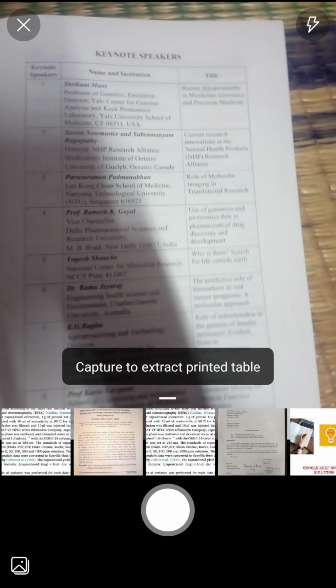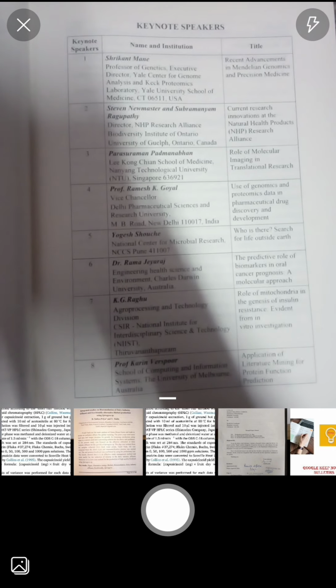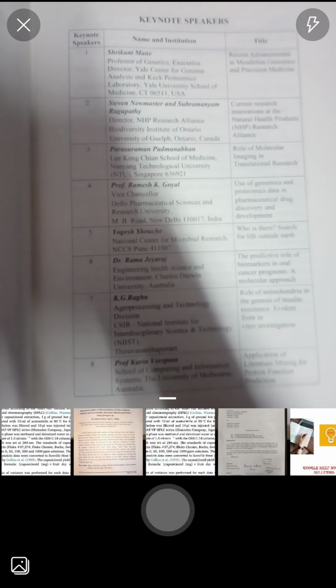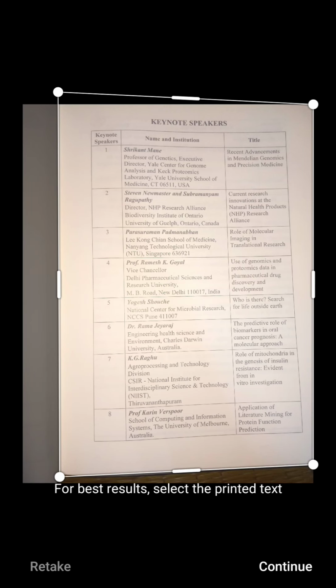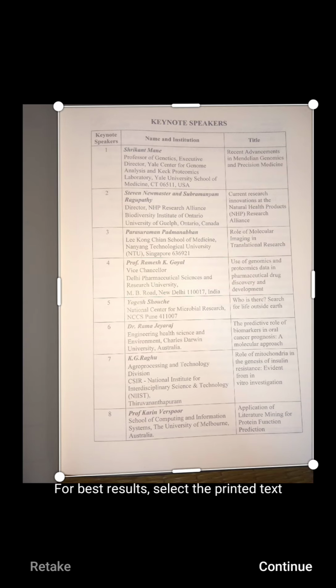I click scan table and I am trying to capture the table using the camera, clicking the camera with flash. The image was ready. Just selecting the margin, then giving continue.